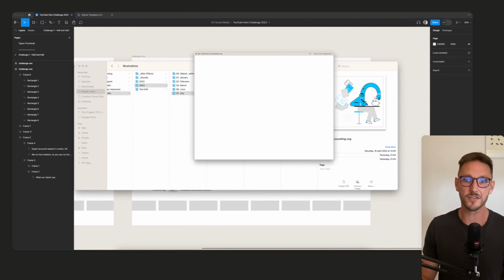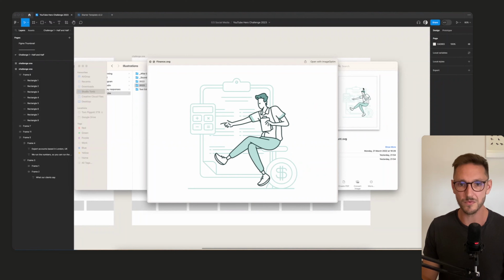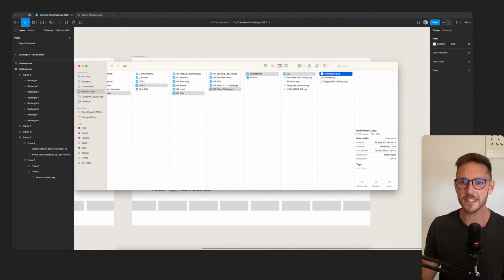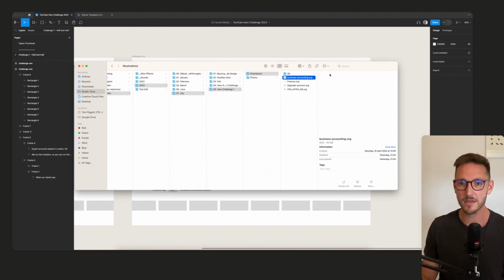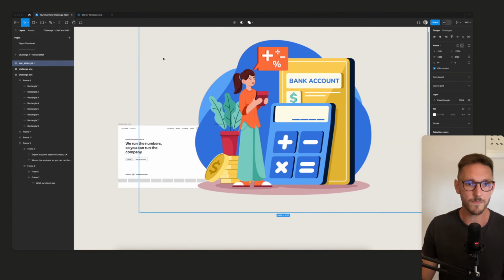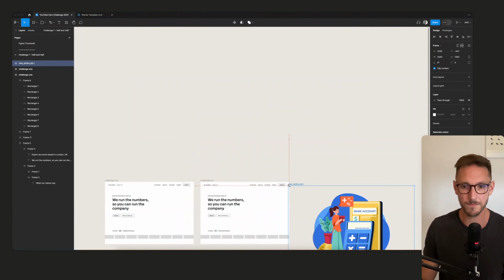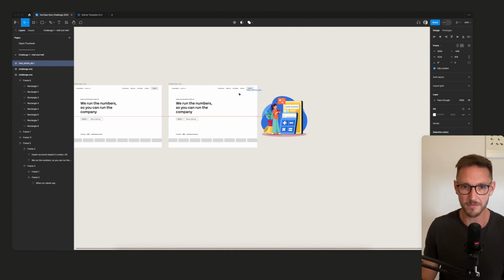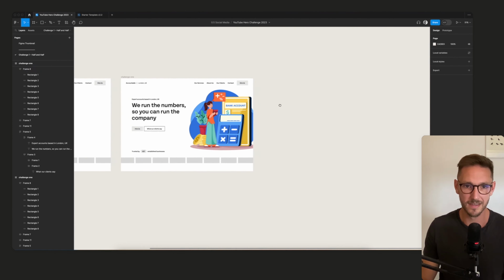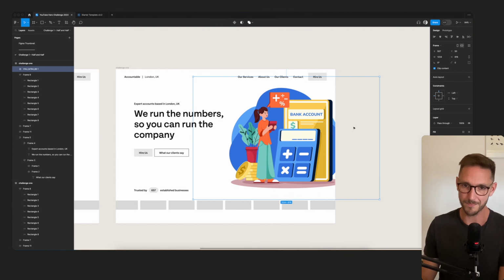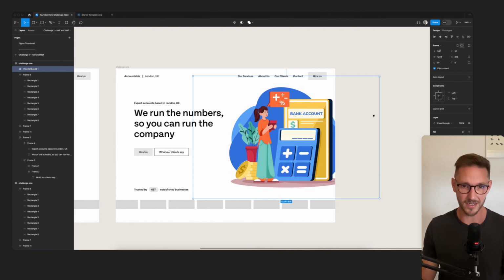I also grabbed some illustrations, and these are all just a bit too obvious and generic. And there's some kind of 3D stuff here. I don't think this is going to work like this. But then, the problem with this one, if we drag this on and put it in, it's not really going to create that half and half split that I'm looking for. So we'll just whack it in here, and it's just so junior. I don't like it. I can't see a client ever going for this.